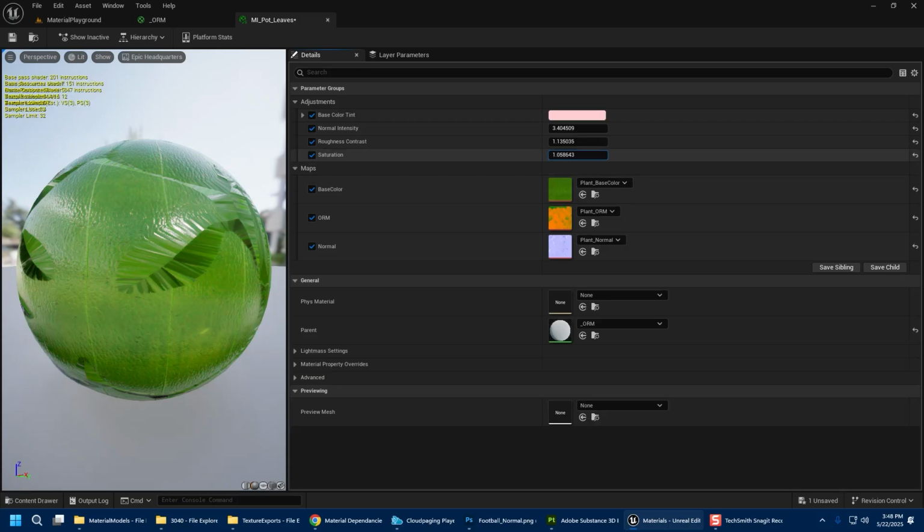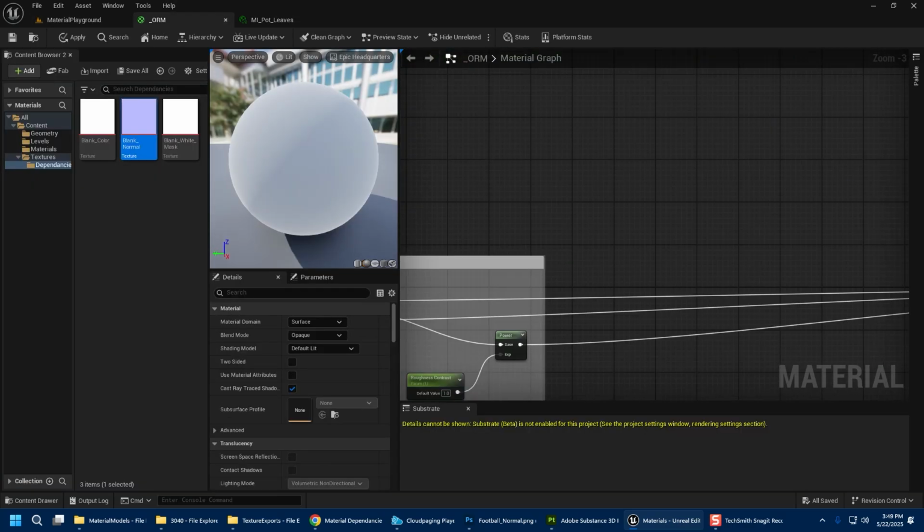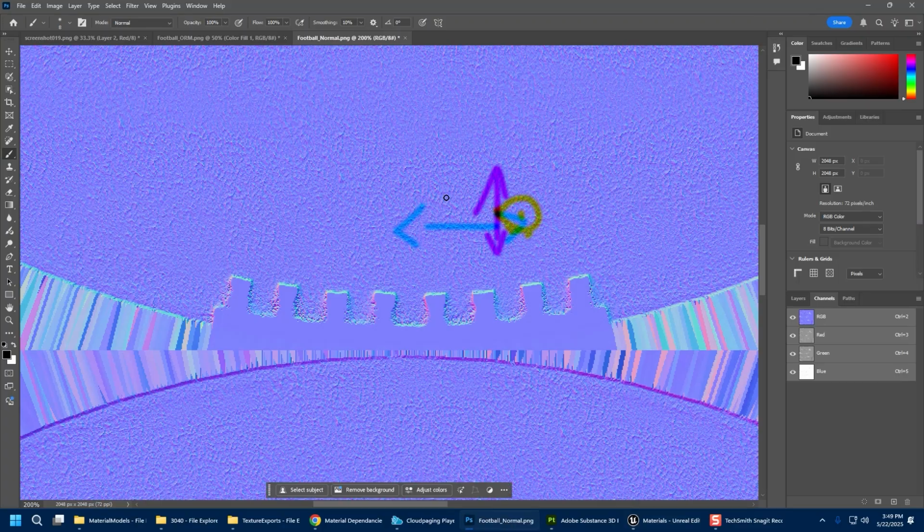So this is a handy one to have, because oftentimes I'm going to take it and it's like, yeah, it's a bit too standing out-ish. And this way I can just bring it down. Okay, so my normal maps, jumping down here, one thing that we'll often do is we are pretty limited